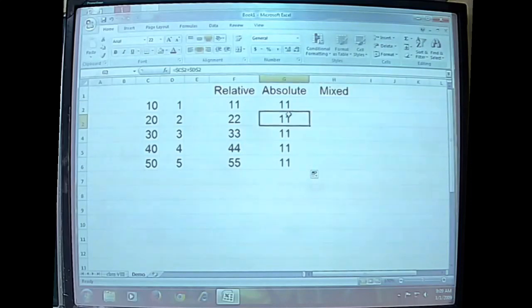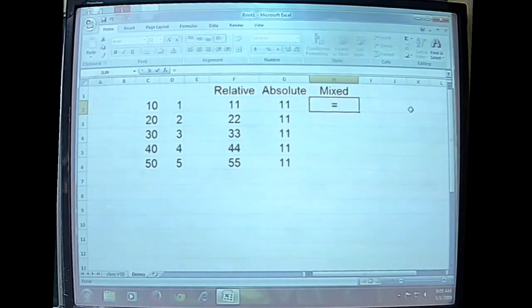This is how an absolute cell reference can be made. C2 plus $D$2. Here also, the first value is the same, since the value of C2 will change, whereas the value of D2, which is 1 here, will be exactly as it is and will be used as a constant value in all the other formulas.